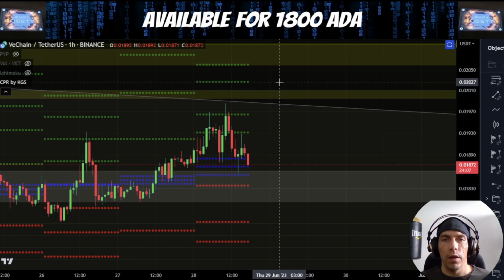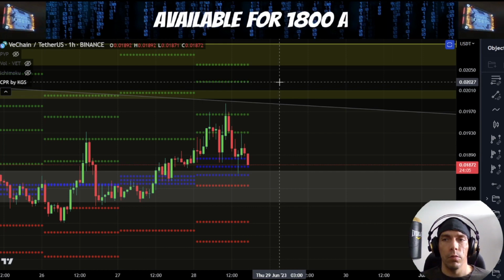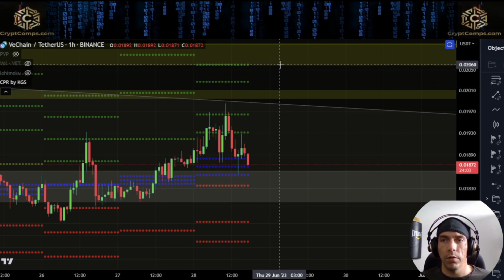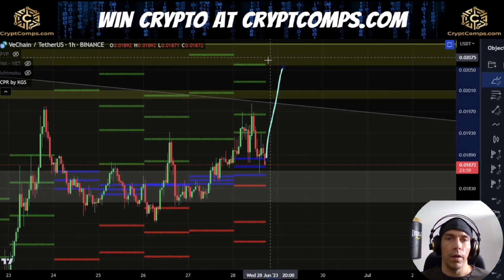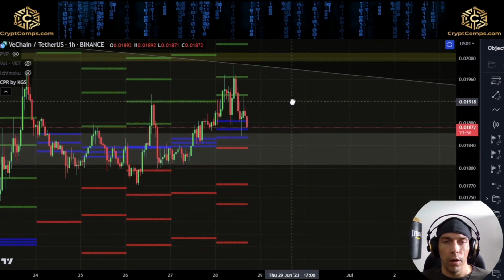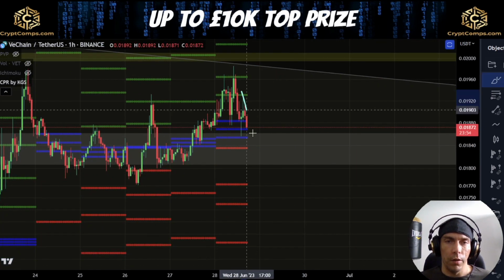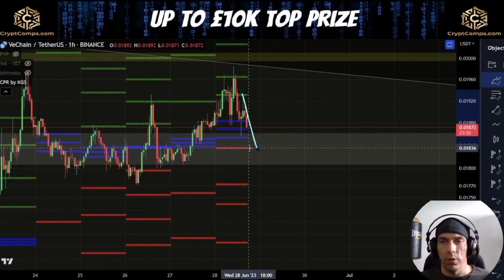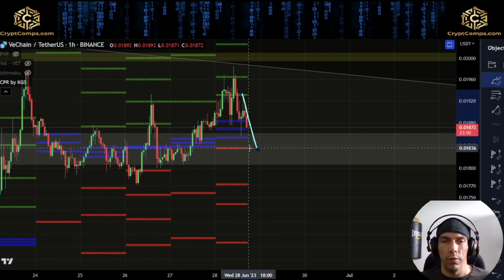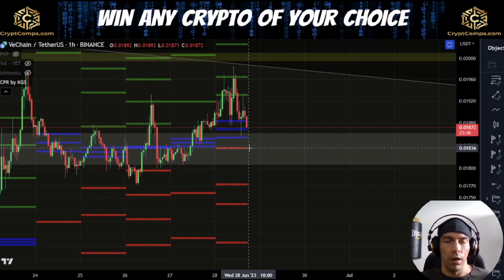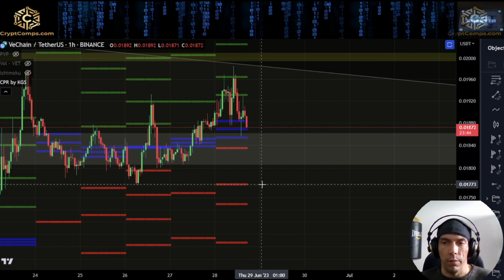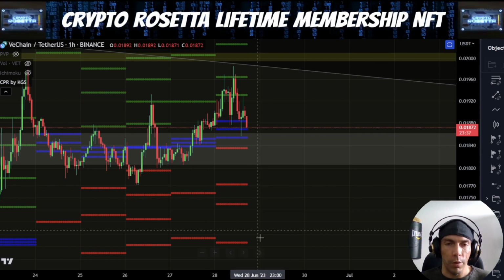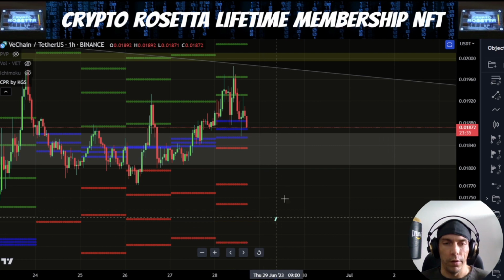Now we have the S3 up here at this 2027, the S4 up here towards this 2060, and these would align with that idea of coming back into our target boxes that we discussed earlier. Alternatively, if we start to break down now, we do have an R1 which is sitting here towards this 1836. I would be interested to see how we react there. If we break down deeper, we have the 1730, the 1739, and this area here, this 1677.